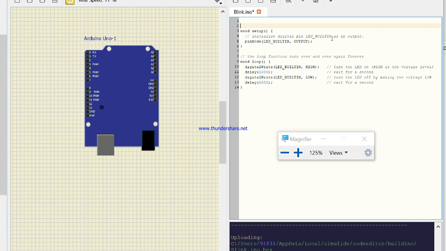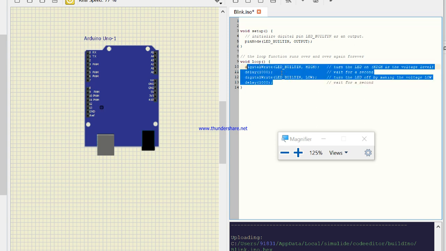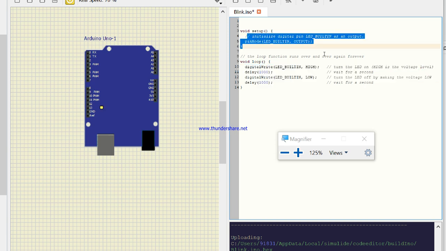First we initialize, after that we declare and define here. Then here we declare all those things one by one for our main code. This part is for the main code, and we write our main code inside this. Here we define whether the pin is in input mode or output mode.